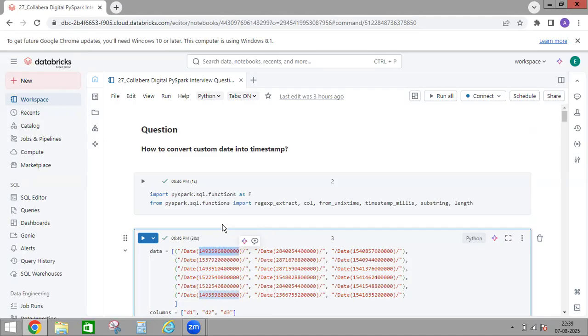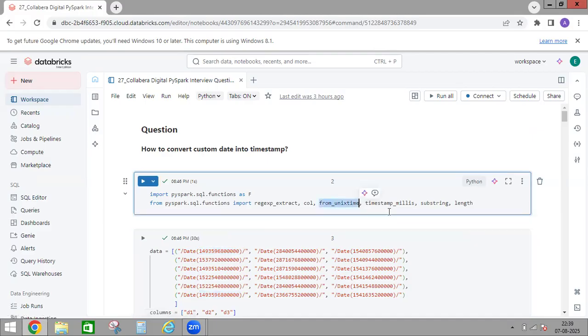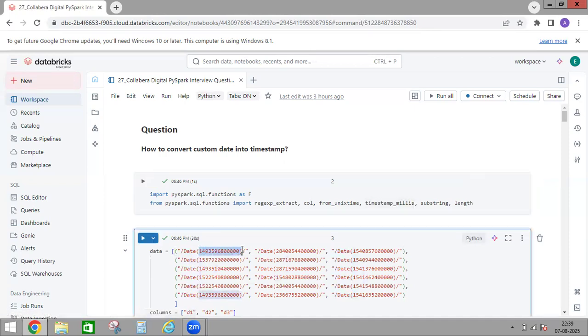This is mainly Apache format. This kind of format we can normally convert into a timestamp by using from_unixtime or timestamp_millis. If you count the number of digits in this number, if it is 10,